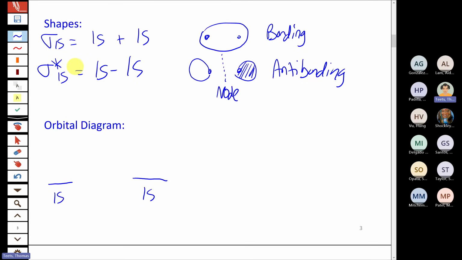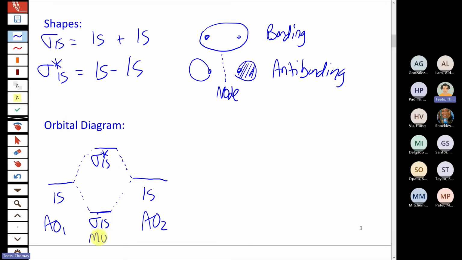Something else that we briefly introduced last time is that the bonding orbital is lower in energy, so we would draw an orbital down here in the middle. The middle part of the diagram shows the molecular orbitals that form when the atomic orbitals are mixed. So that's going to be our bonding sigma 1s. Again, on the outside are the atomic orbitals, and here in the middle are the molecular orbitals. And then the antibonding orbital is higher in energy than the atomic orbital, so you draw that up here. So you get this splitting between the bonding and antibonding orbitals that we'll always see. And that's what the diagram would look like.